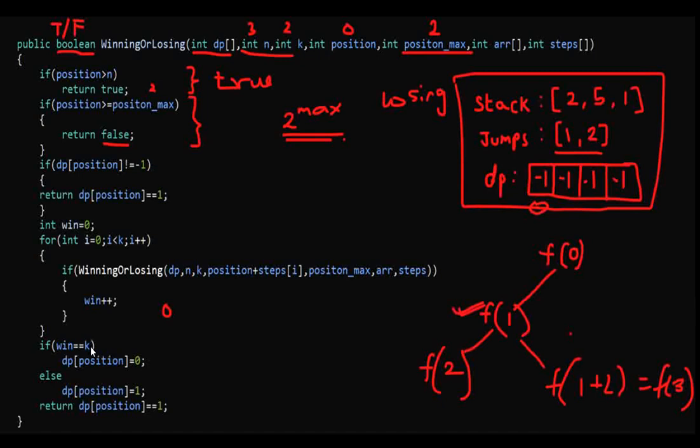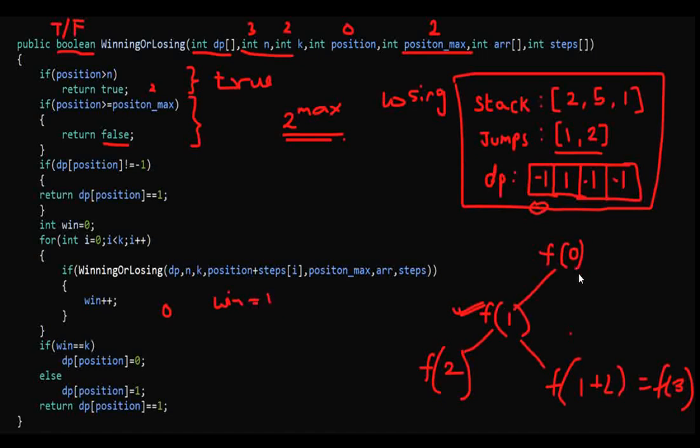So what does this mean? This means that both the times we landed at a losing position. So in that case, since win is not equal to 2, we set the current position as a winning position, because both the times we had landed at a losing position, so it's a win situation for index 1. Right, so we memoize this result, and the first position is a winning position. So in the DP array, we change the first index and we set it as 1. Since we have got the result for f of 1 and it's a winning position, we increment win for the 0th index. So win is 1.